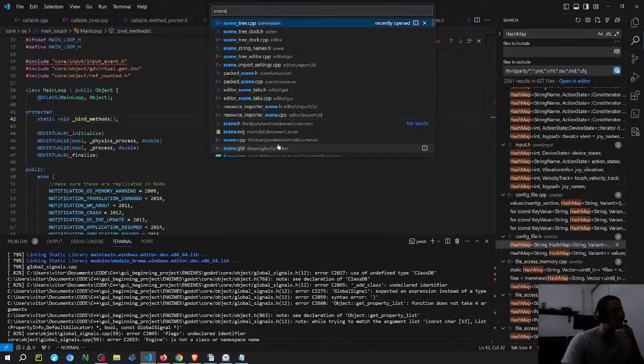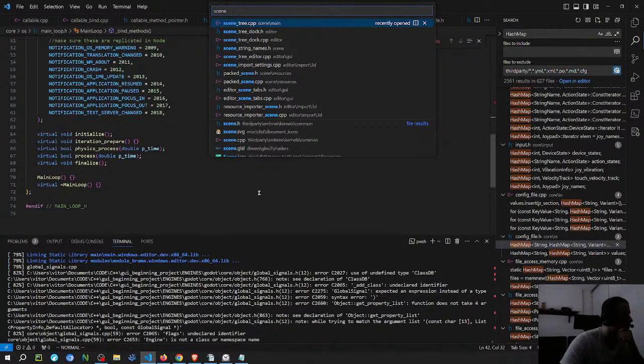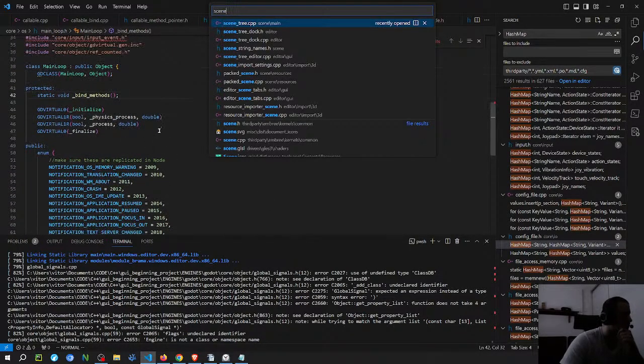And maybe I have to, no, I don't have to declare functions from the thing. It could be because of the bind methods that I'm getting all these errors. So I have two options. One obviously is to figure all these errors out, or remove the thing. And it's going to come down to whether or not it makes sense for the global signal to be an object or not.